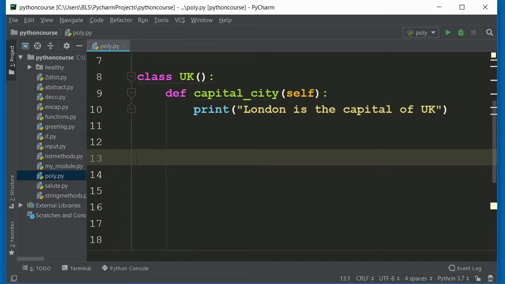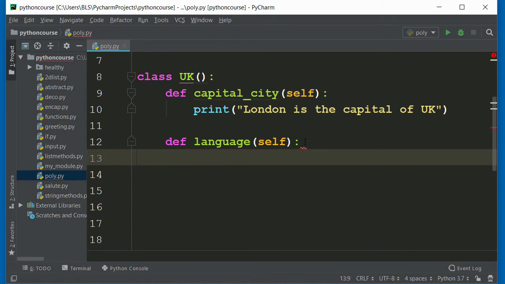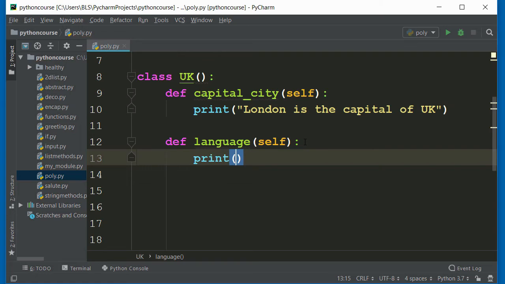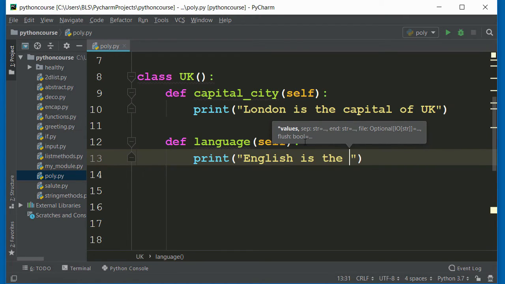I'm going to define another method inside this class. I'm going to call it language. So the name of the method is language. Again, I'm passing the variable called self and press enter, and then I'll add what will execute when the method is called. So I'll type in print. So when this method is activated, I want it to print this text that says English is the primary